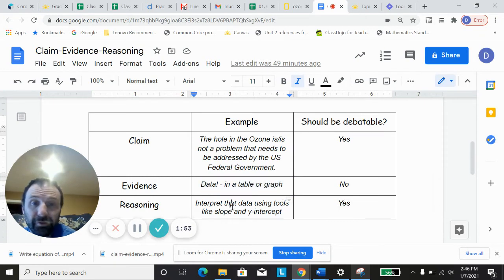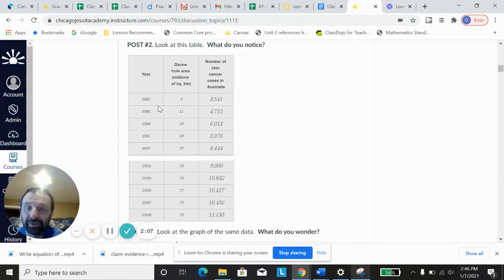And we're going to use tools like slope and y-intercept in order to interpret that data. So we're going to be looking at this data that we saw on Wednesday. And this is some data that the Australian government collected about the size of the ozone hole over years,